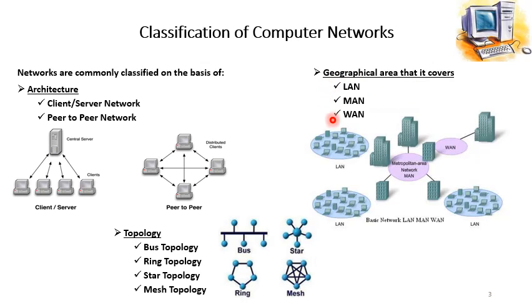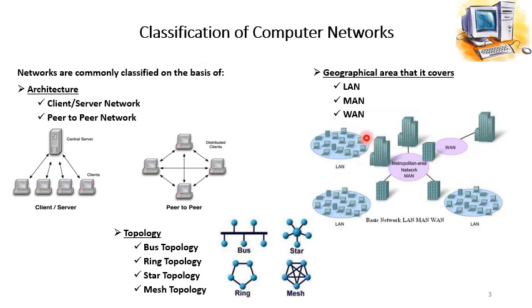the main types of networks in that case are LAN, MAN and WAN. LAN stands for local area network, MAN stands for metropolitan area network, while WAN stands for wide area network. These are the three main categories which classify a network on the basis of its geographical area. Here in this diagram you can see that